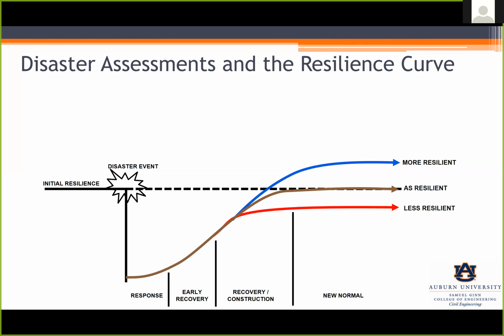And as societies and communities go through this process, they each have choices to make as to whether they're going to rebuild to be as resilient, less resilient, or more resilient than what they were before. And when we've done our assessments in the past, this is going to be a broad generalization, and it hasn't been true in every case, but generally the traditional approach is after this disaster event, our